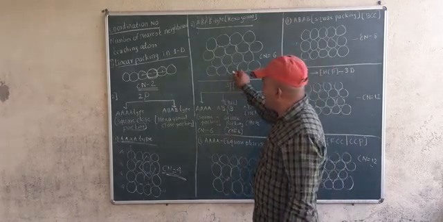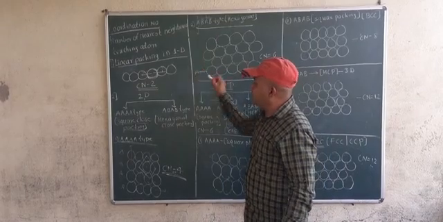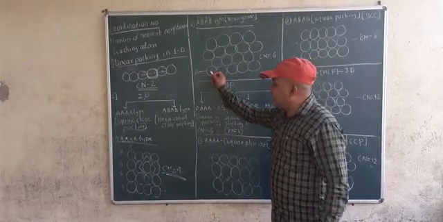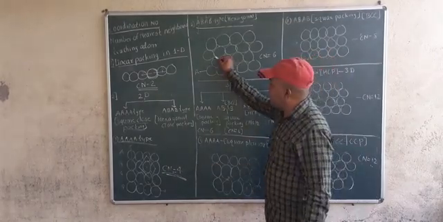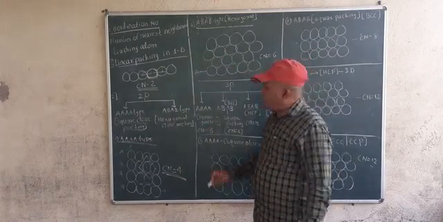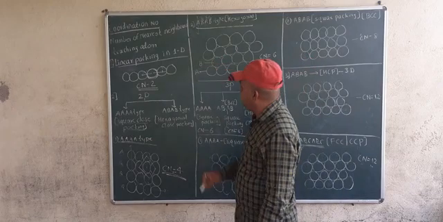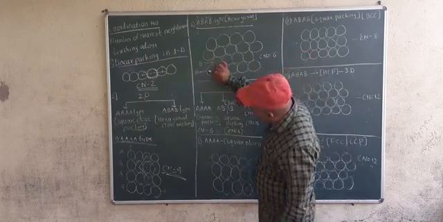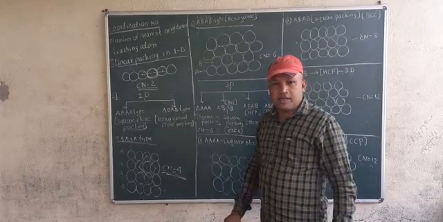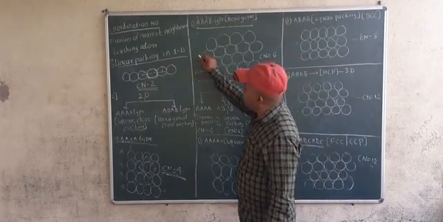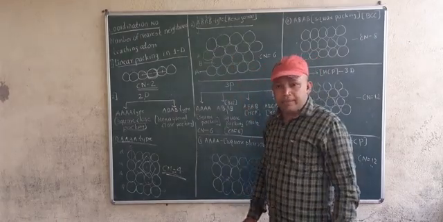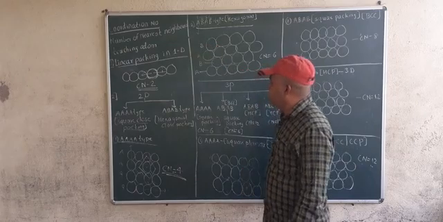Now again I have drawn some circles here. If I call this A, but now you see the second layer is not exactly on the first layer. It is in this gap. So second layer is definitely different from first layer. So the second layer, I'll say it as B. Now you see first and third layer is same, so I'll again call this A. Now see, second and fourth layer is same, so I'll call this B.